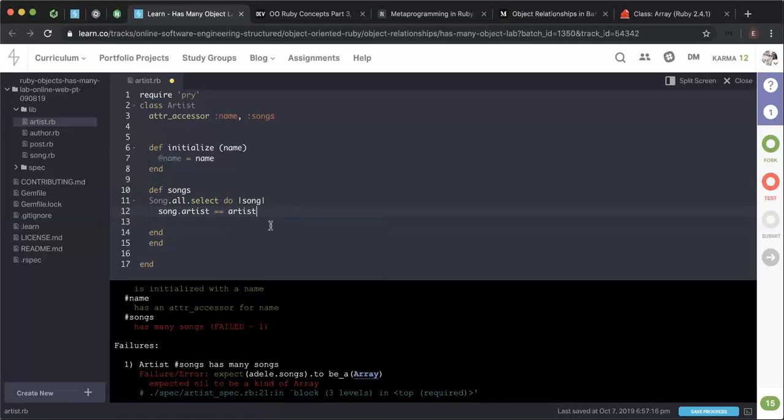And then do we need to return something too? No, because remember, select returns an array. Okay. Yeah. Okay. Okay, so